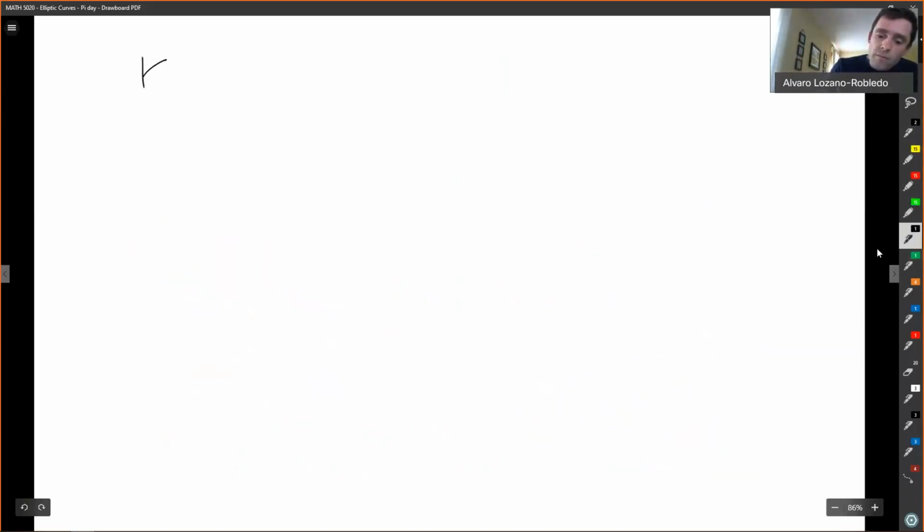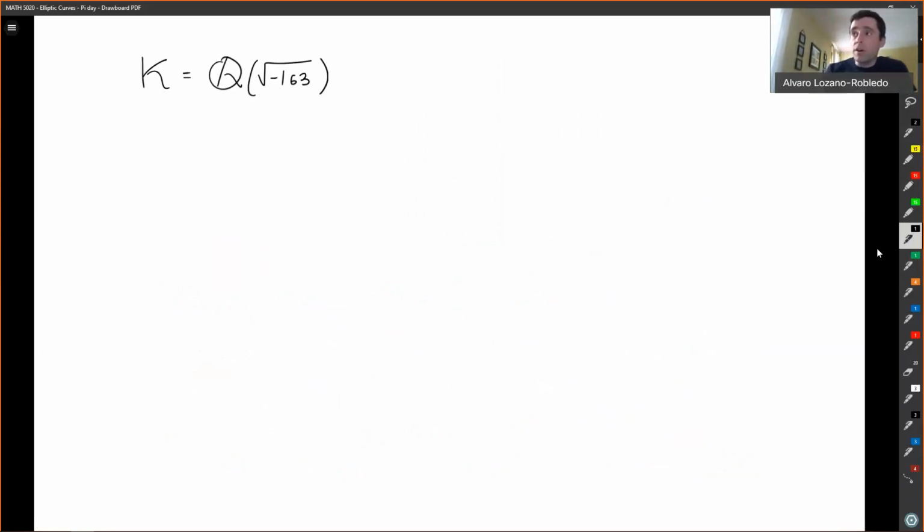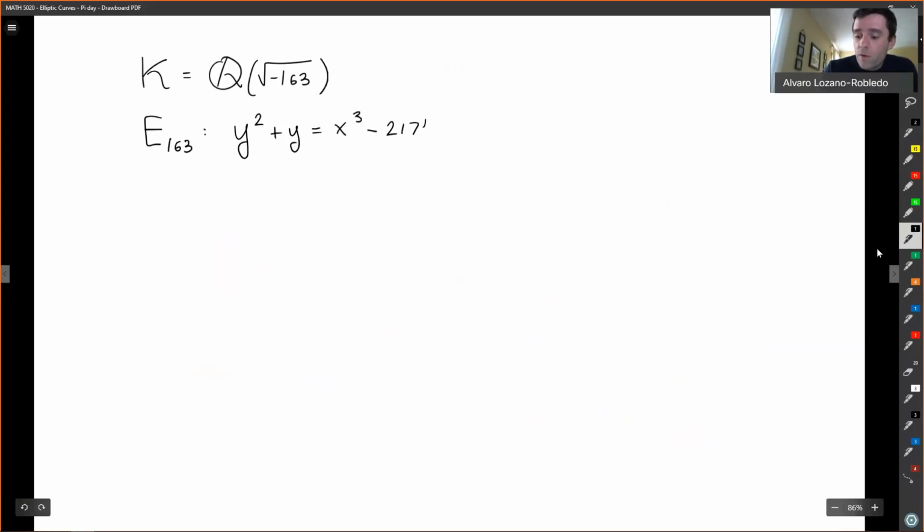So let K be the quadratic field Q adjoin the square root of minus 163. And we are going to take a very particular elliptic curve. I want to define an elliptic curve, which I'm going to call E163 if you want, and is given by the following Weierstrass equation: y squared plus y equals x cubed minus 2174420x plus 1234136692. This elliptic curve,